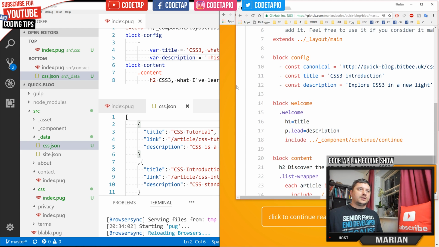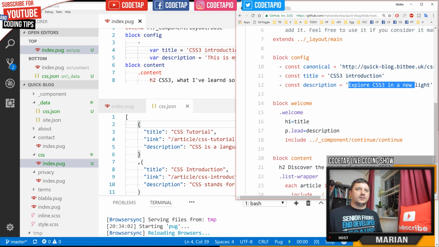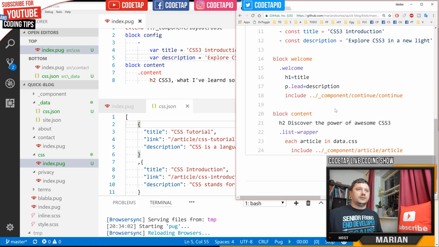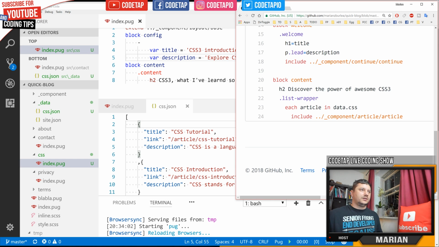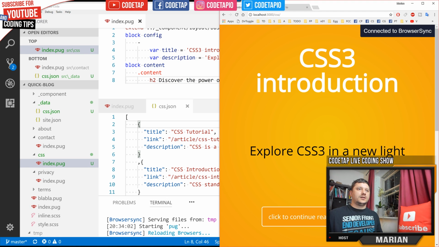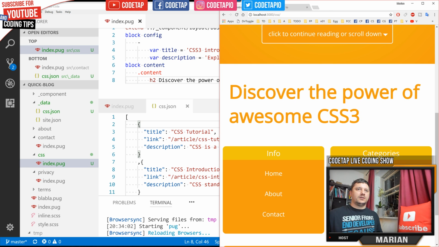Okay, so now we got a better title, so let's update our one. Okay, and this is a better description, and then we got this part over here. This is the H2. So let's see how our localhost looks so far. CSS3 introduction, explore CSS3 in a new light, discover the power of awesome CSS3. Okay,